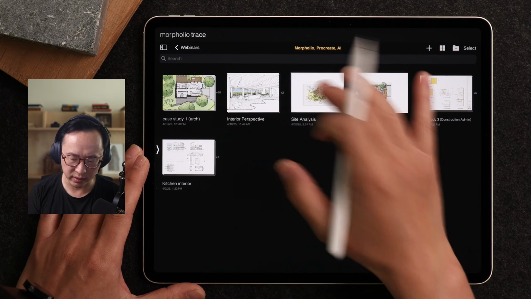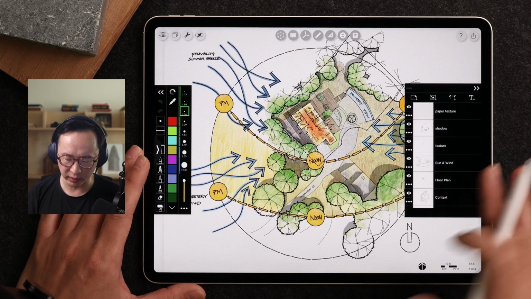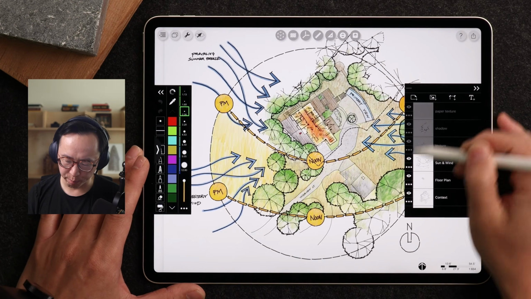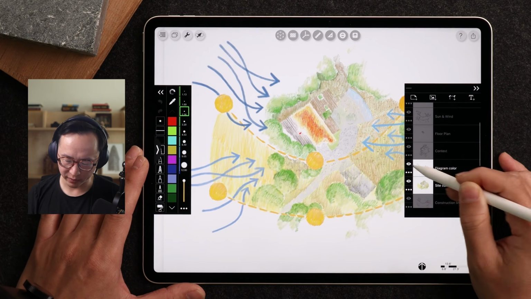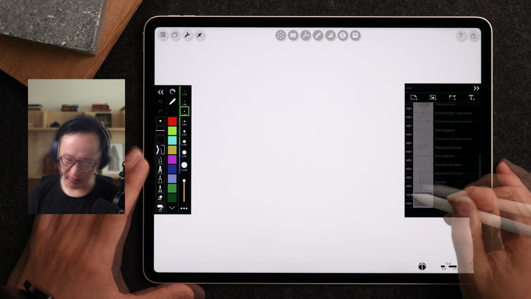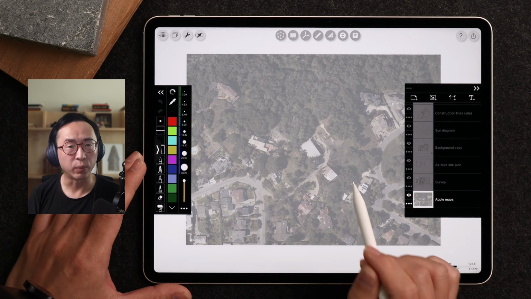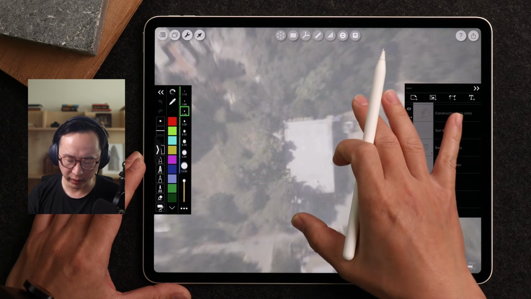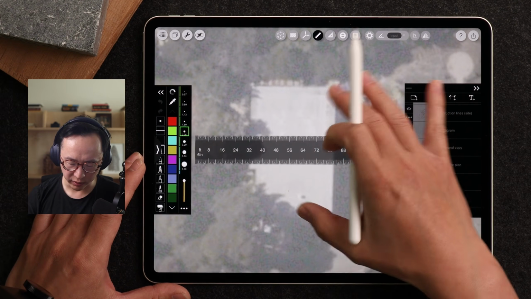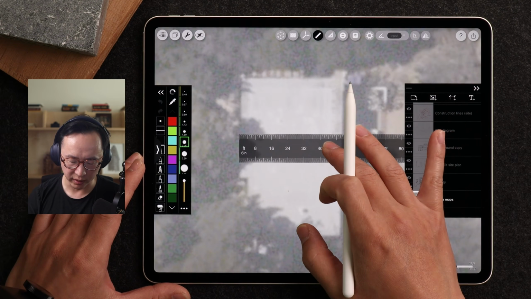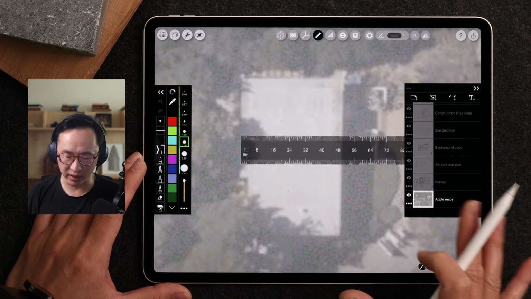So another example of this project is this particular drawing utilized the built-in Apple Map feature, which I'll show you here. It's using the native Apple Map feature, which you can bring in. And the moment you bring it in, it's actually scaled. So you can see, if I pull up the ruler,